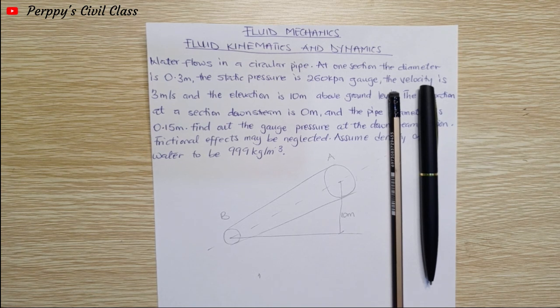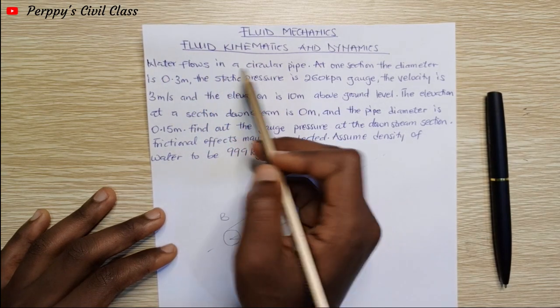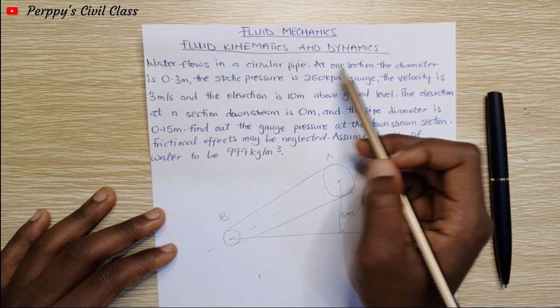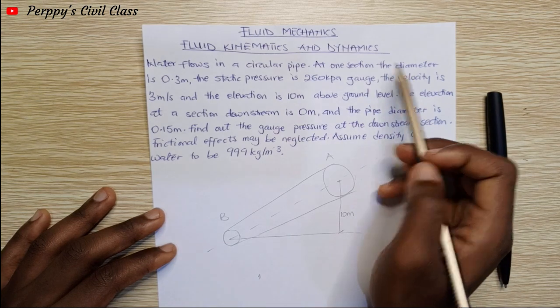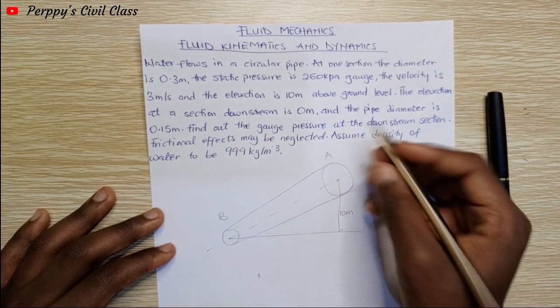Today's question is under fluid kinematics and dynamics. So let's read. Water flows in a circular pipe. At one section, the diameter is 0.3. Okay, we have